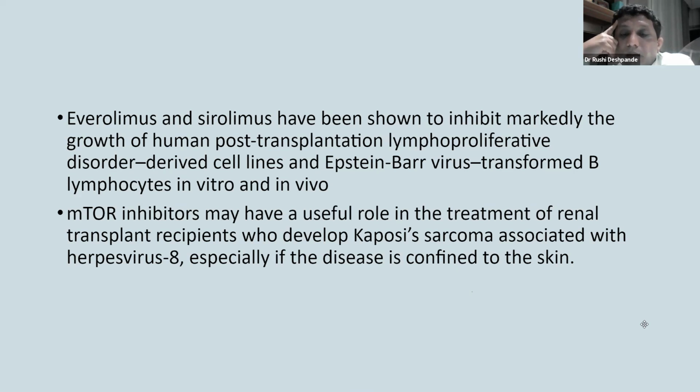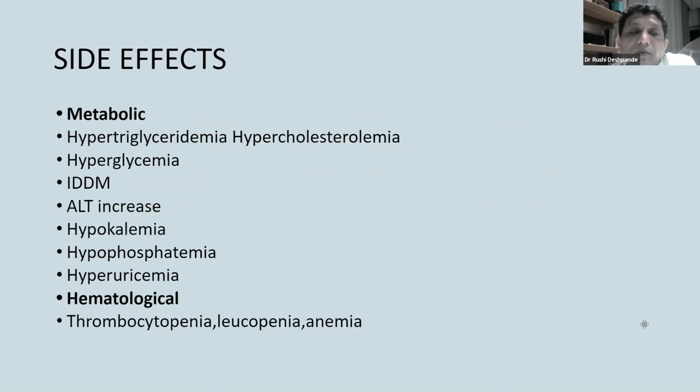Okay, so like I mentioned, the important three things that I would like you to remember, in addition to the routine, are decreased incidence of PTLD, decreased incidence of Kaposi sarcoma, which is again a viral infection, HHV8, and, like I said, in ADPKD, it causes shrinkage of the cystic kidney. The native kidneys actually shrink when you are on this drug for transplantation. So this drug was actually used in ADPKD before the TEMPO trial for tolvaptan. Now that has become the standard of care because this has a lot of side effects.